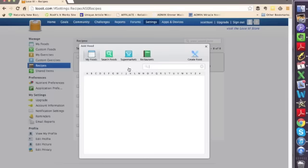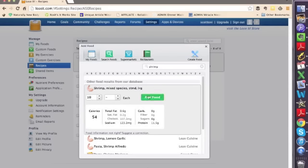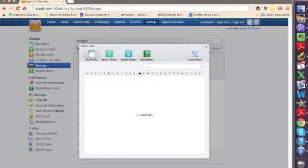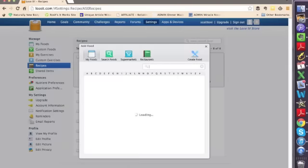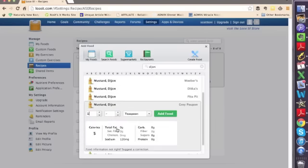So my first ingredient is going to be shrimp, something I probably already have, and it's going to be 10 because that's how many I use in my servings. You can adjust it down if you need to. I also use celery, diced celery for 1 serving, 1/4 of a cup, that's right. I also use Dijon mustard, and I use Grey Poupon,